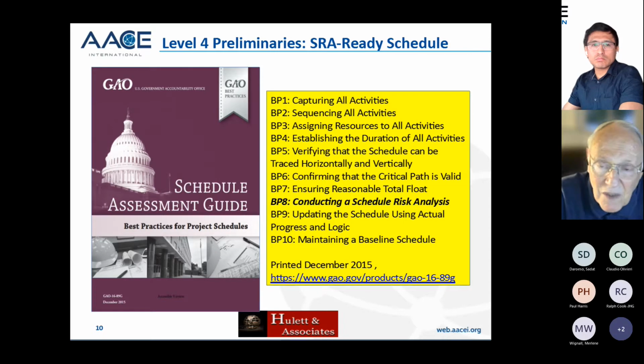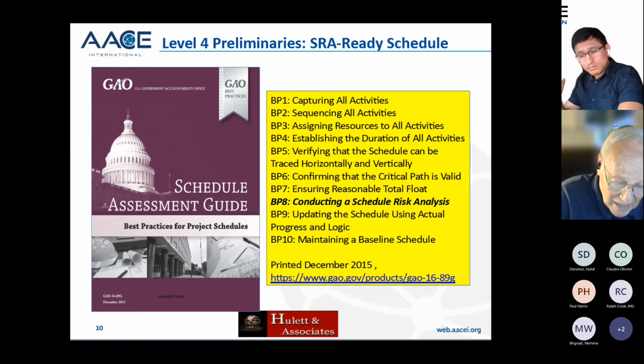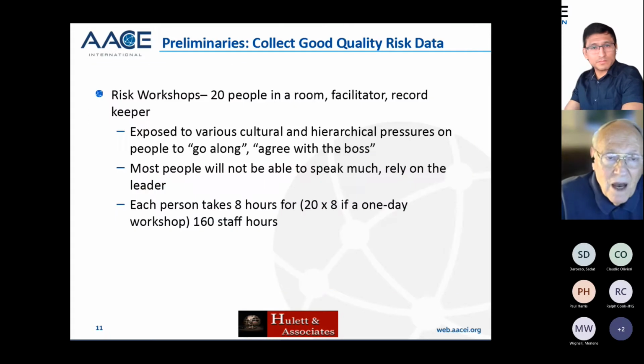If you don't conduct a schedule risk analysis, you cannot really say that you know when that project is going to be finished. You can say what it is using the deterministic durations and the logic that go into the scheduling package, and follow all the rest of these best practices, but you can't really tell when it's going to finish. And that's only the first half of the job. Second half is doing the schedule risk analysis, and I like that. I think that's what we're doing here.